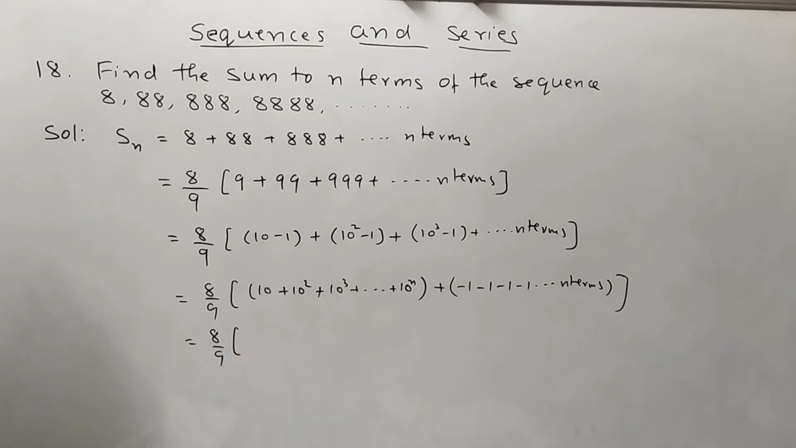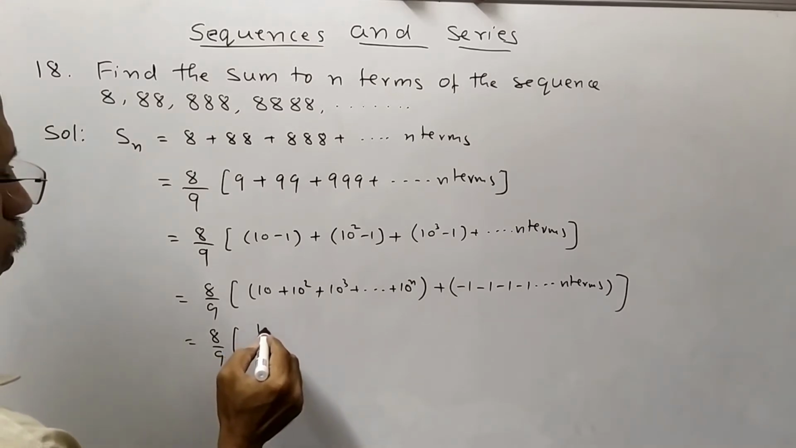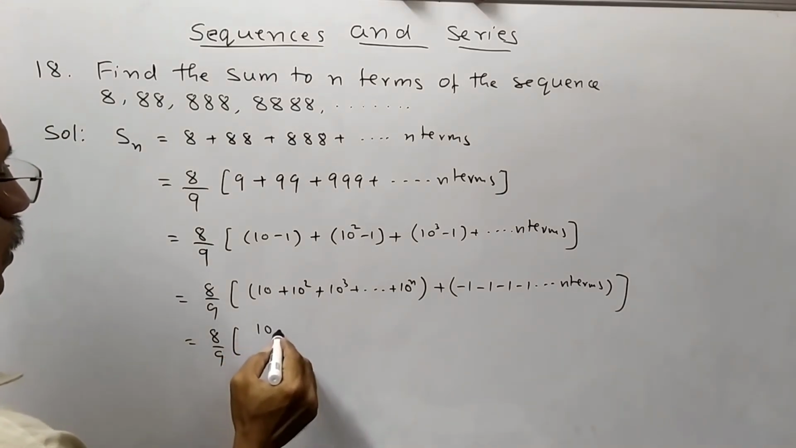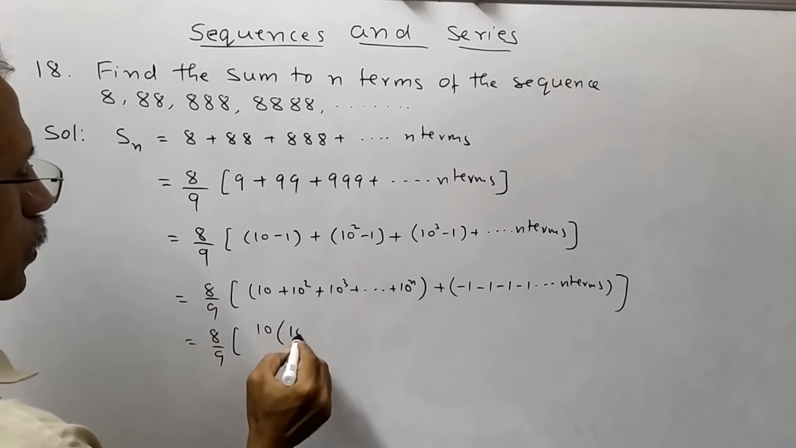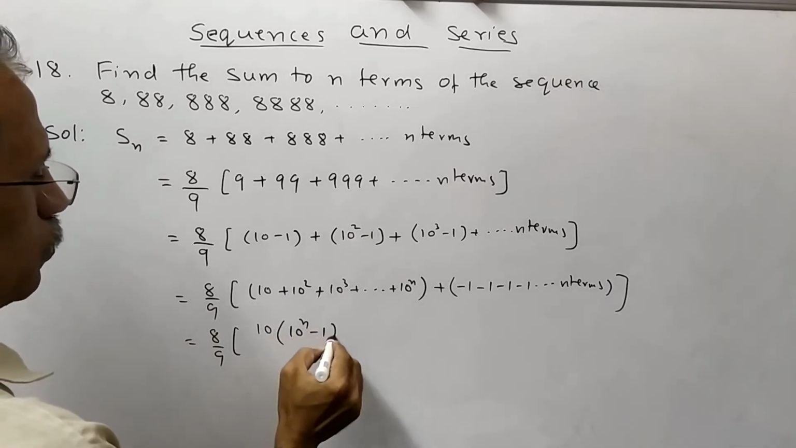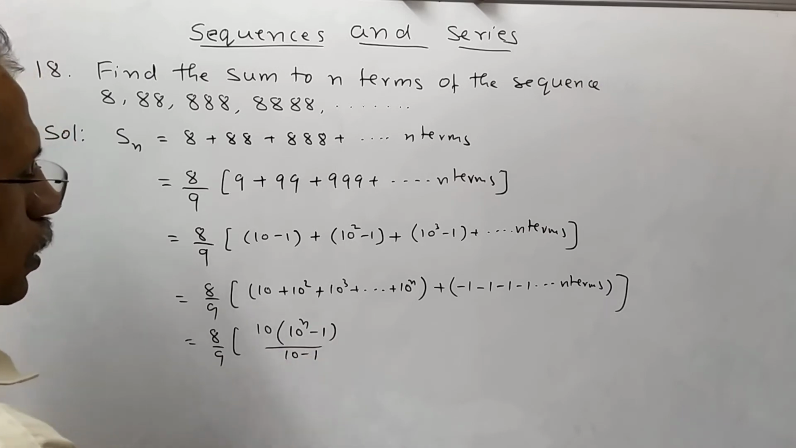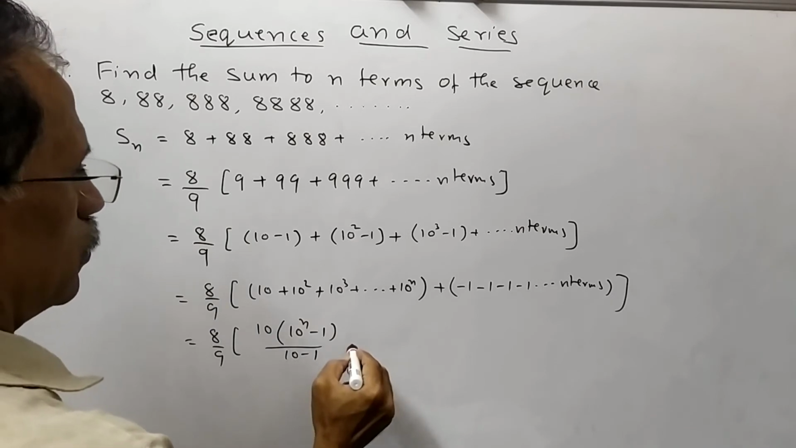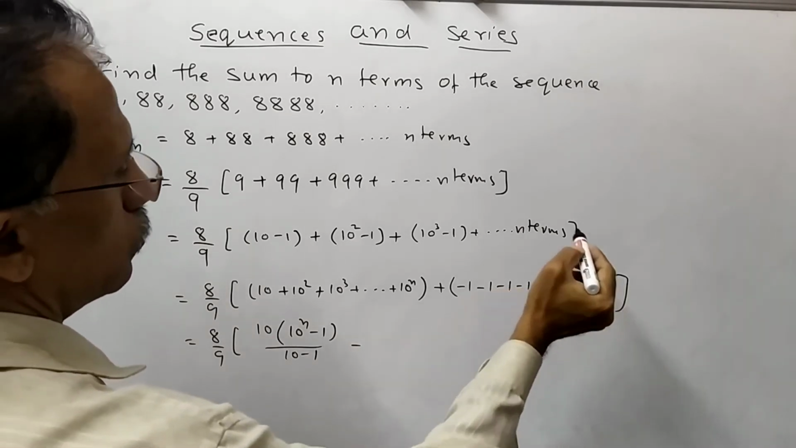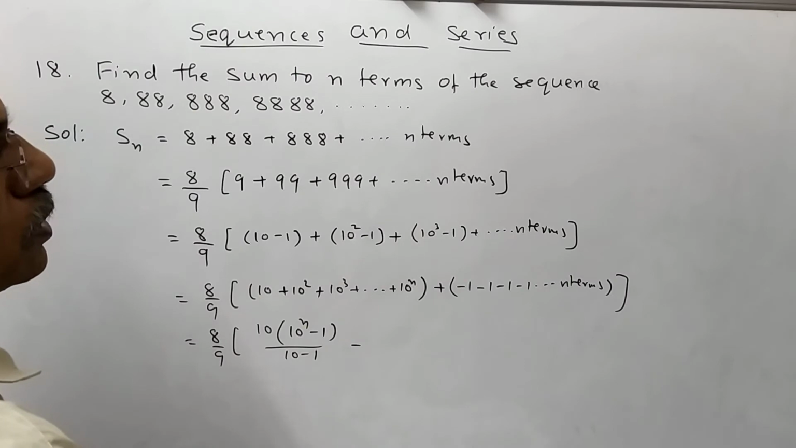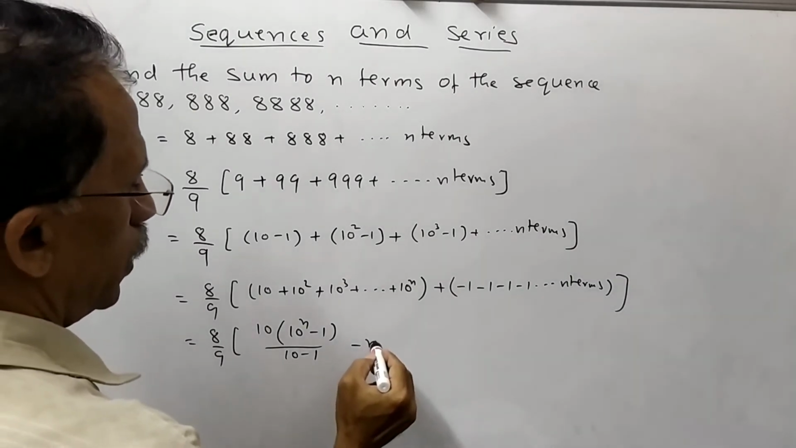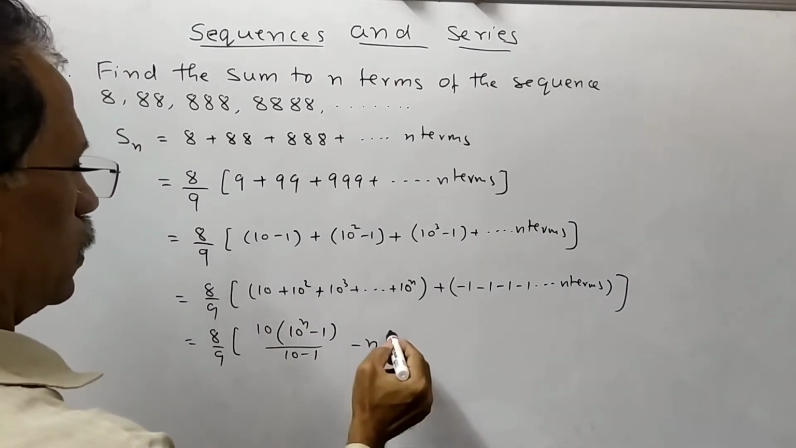This is a GP with the first term 10 and common ratio 10. Therefore, sum is 10 into 10 raised to the power n minus 1 divided by 10 minus 1, minus 1 minus 1 minus 1 minus 1. How many times? N times. So therefore we can write minus n